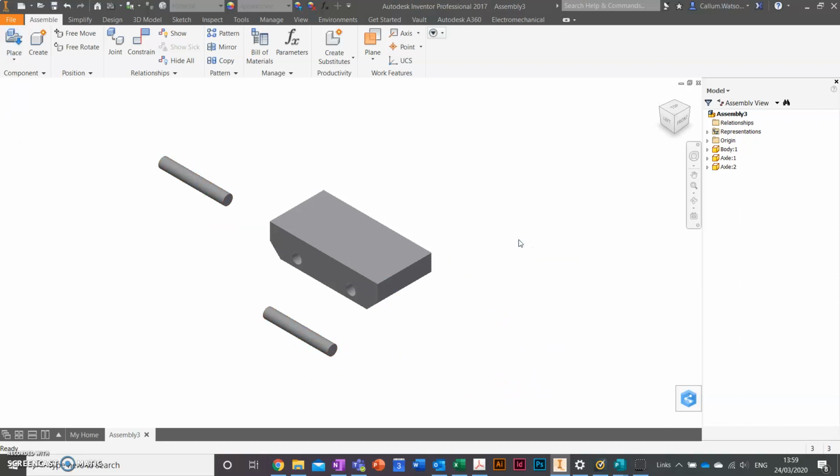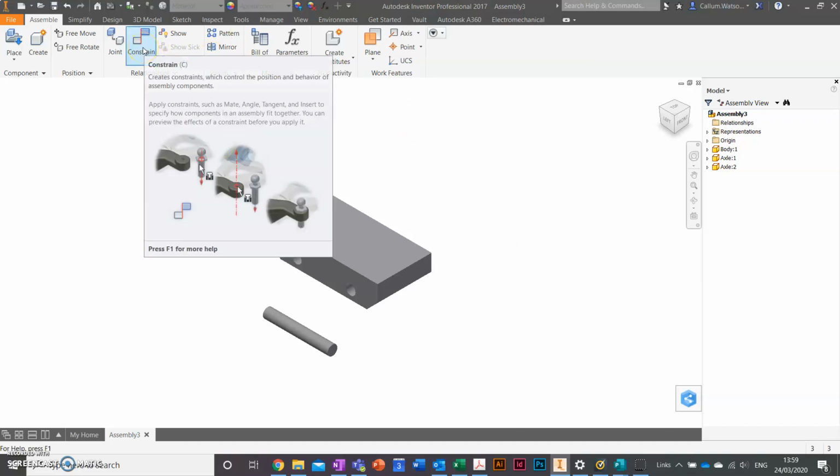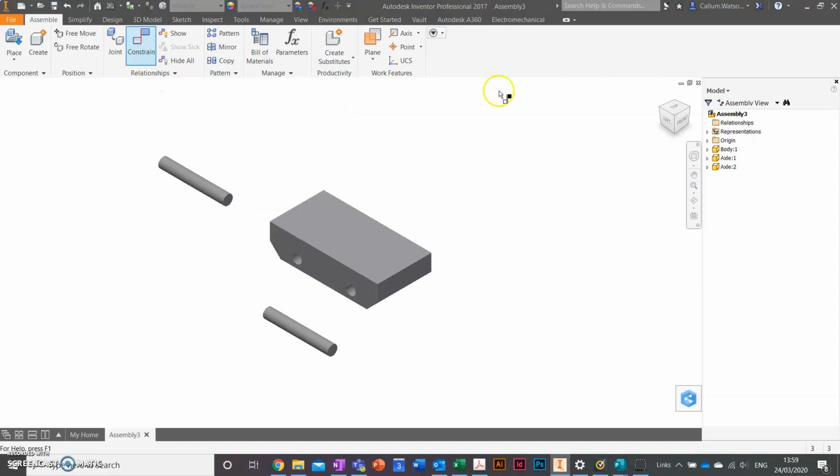And here we're now talking about constraints. So I'm going to hit my constraint here. As we've talked about during the lesson, there are two kinds of constraints. There's a flush, which is where you line things up. And then there's a mate. And a mate is where we're like gluing things together. We're sticking things face to face. So I'll click on my constraint,